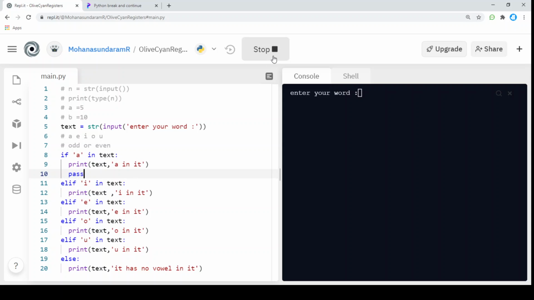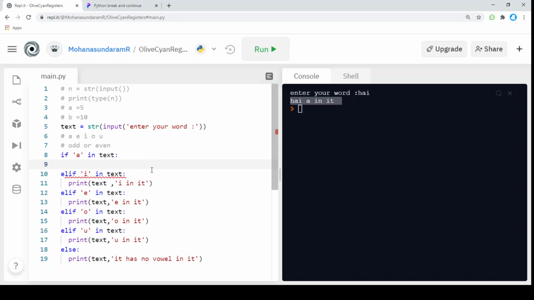I'm going to use hi like this. If I enter it, it is shown. What if I don't print anything? If I leave the code without a statement to it, if the condition is satisfied, it will throw an error, because I should pass a statement to it after a condition. For this scenario, if I don't want to print any statement for this condition, I can simply use the pass statement.